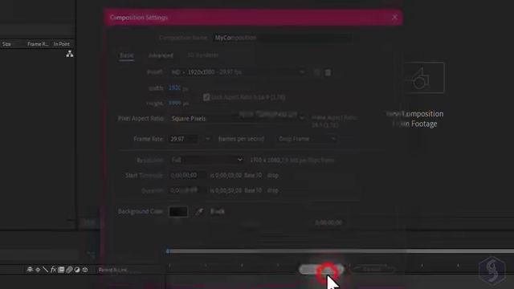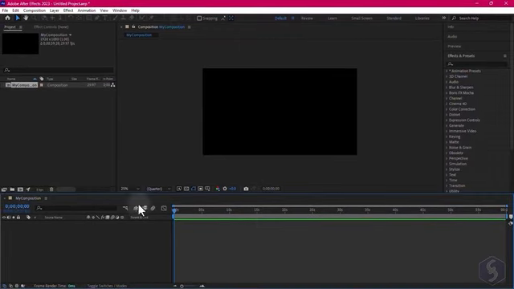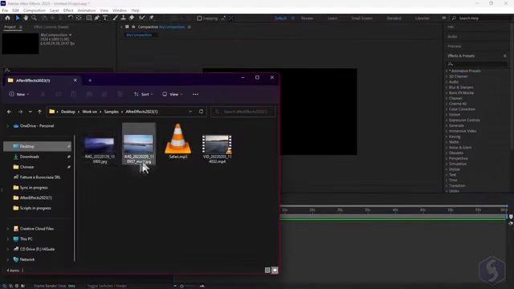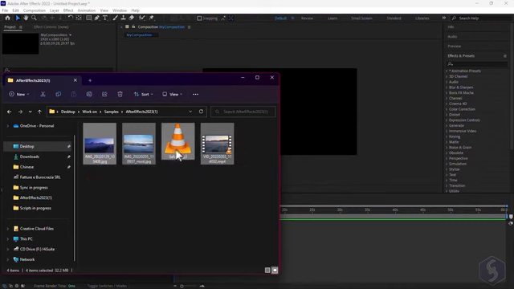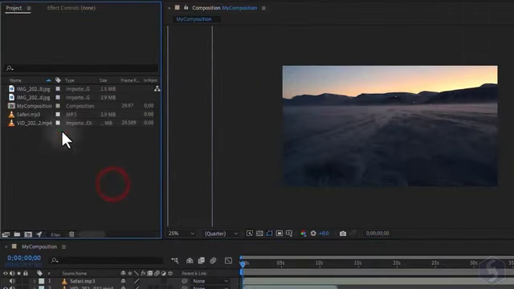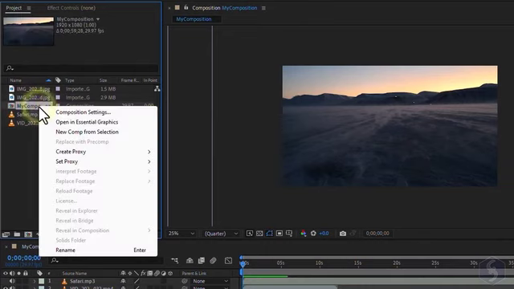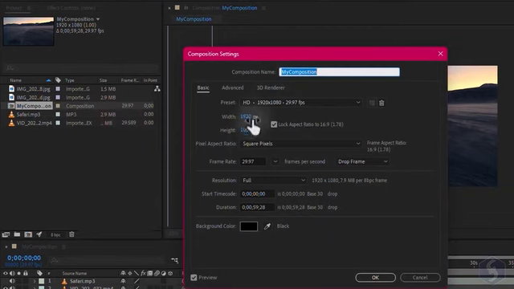As you go to OK, the new composition appears on the timeline at the bottom, completely empty. At this point, drag and drop videos, images, and audio files inside the composition. These are listed with their metadata under the Project panel on the left. Among the new composition just created, you can right-click on it and go to Composition Settings to adjust its properties